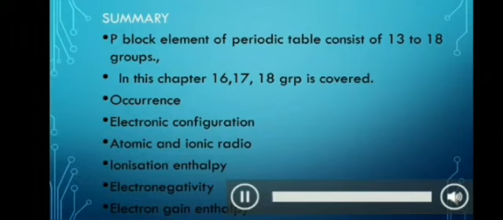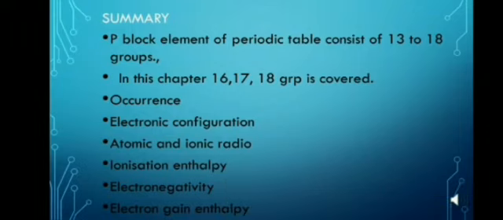Now let us summarize the topic. We have started the p block elements of the periodic table that has the group 13 to 18 elements. In this, 13, 14 and 15 we have done in the 11th standard. In this lecture we have started with the 16, 17 and the 18th group. We have seen that in group 16, elements like oxygen, sulfur, selenium and tellurium are present. They are known as chalcogens or the ore-forming elements. Many metals combine with oxygen and sulfur to form various types of oxides and sulfides.